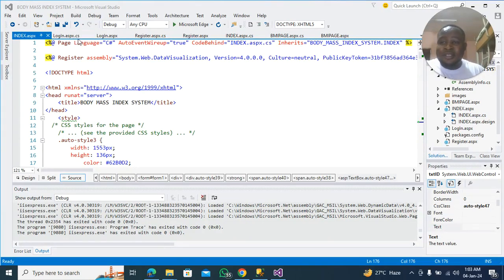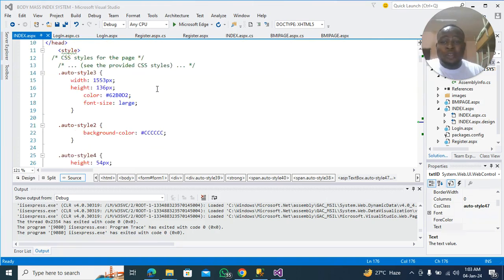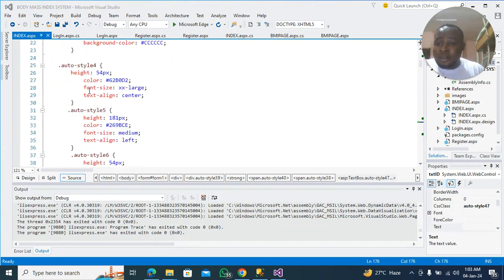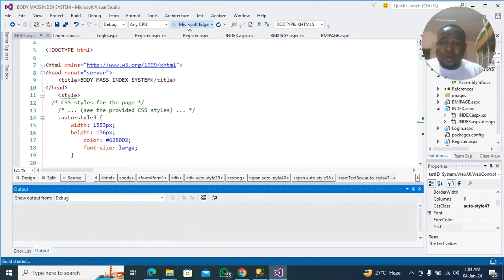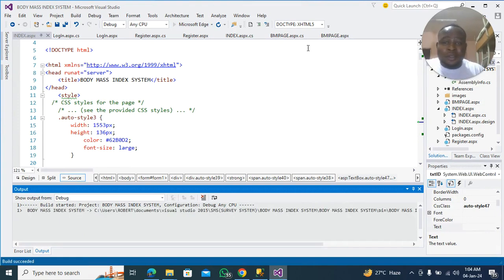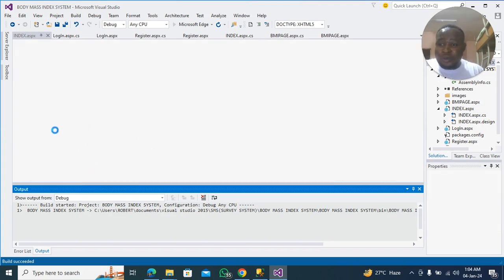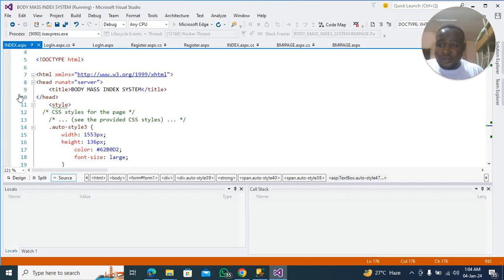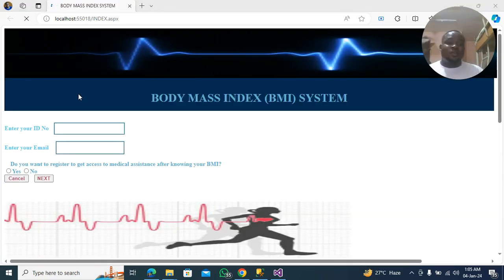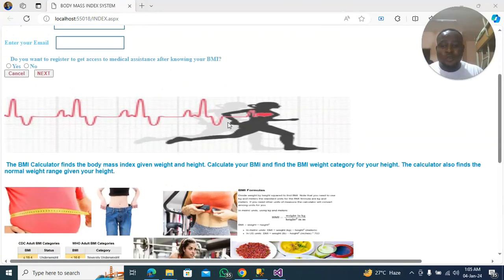Alright, so as a new user of this application, you will be first introduced to the welcome page. So let me execute the codes to display the welcome page. Alright, so in the welcome page, we have